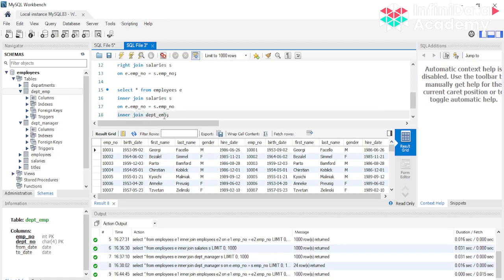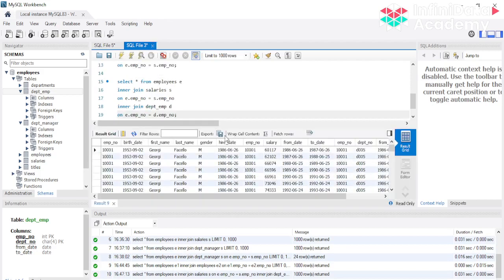Let me just join this table, and I'm going to give it an alias D. And again, we are going to be joining it over the same employee number. That is the common column in all of these three tables. It could be different as well, so it is totally dependent आपका किस type का data set है. In case it is different, you can give that particular specific column values.